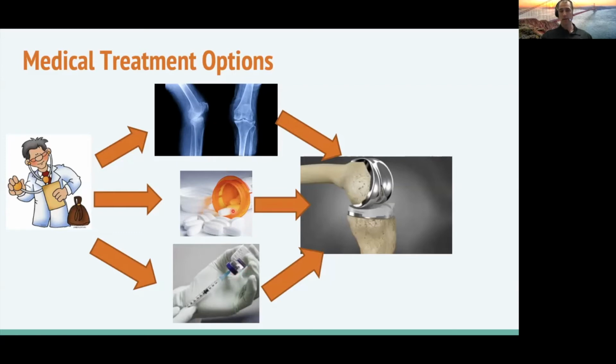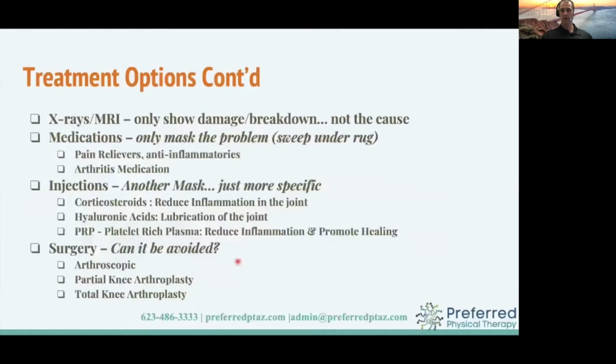Injections, we look at pain pills and injections very similarly. Both end up just being a mask. Going back to this next slide, injections and medications just end up masking the problem, kind of a figurative sweep under the rug, not in the sense of not caring for your concern, because once we do get rid of some of that pain, we can do some more things. That's very true. We can sleep easier. Maybe we're not as irritable.